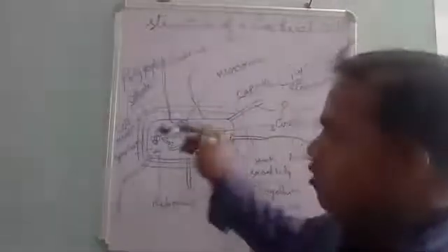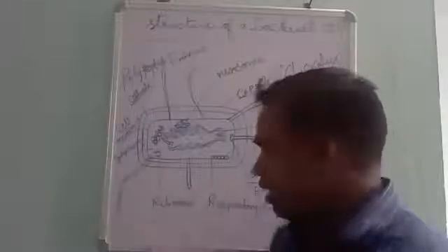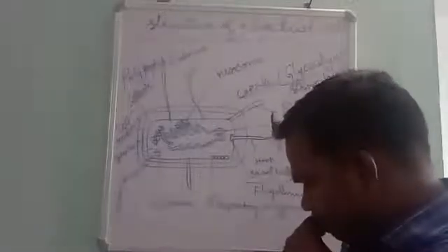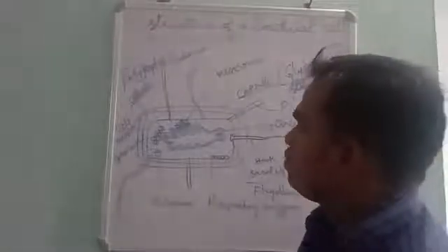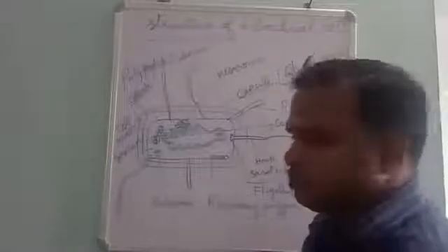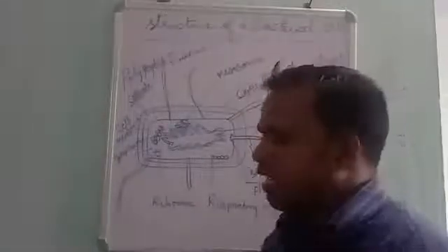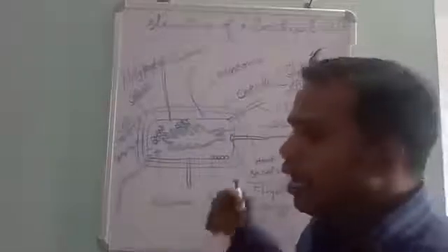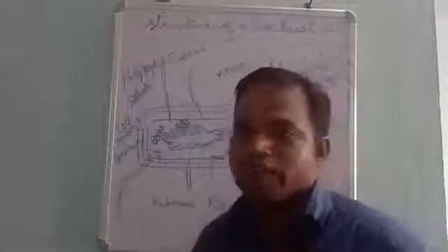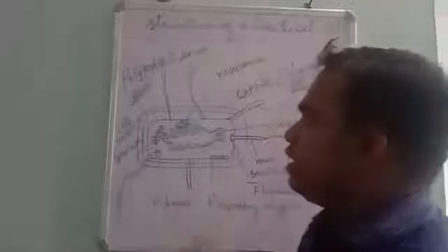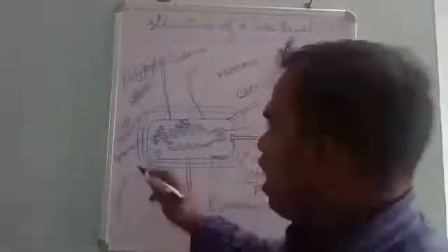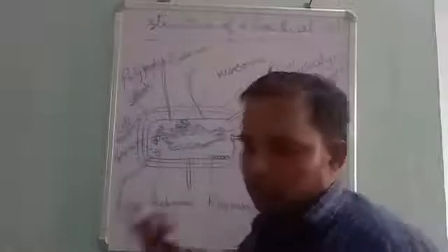So I am discussing the cell wall of the bacteria. Once the cell wall of the bacteria is lysed or damaged, it will not be able to do any activity, because the cell wall is responsible for synthesis of essential enzymes for the metabolic activities of the bacterial cell. Got it? So next, followed by the cell wall, we have another membrane,